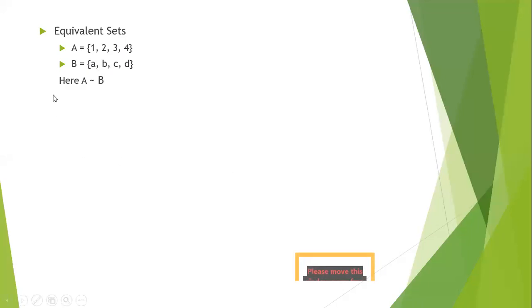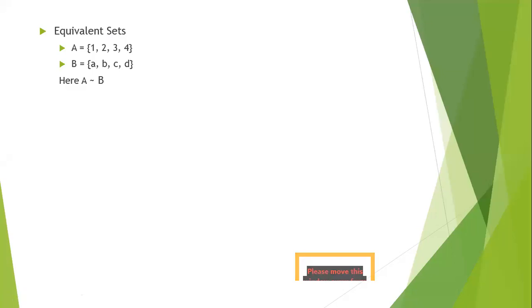So here we have not the same elements but an equal number of elements. Here we have 4 elements and in the B set we also have 4 elements.